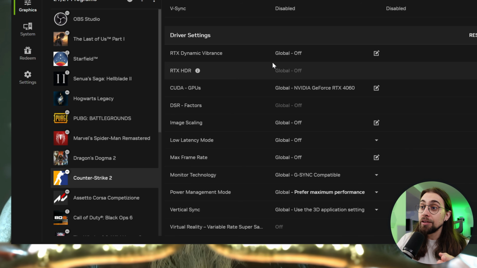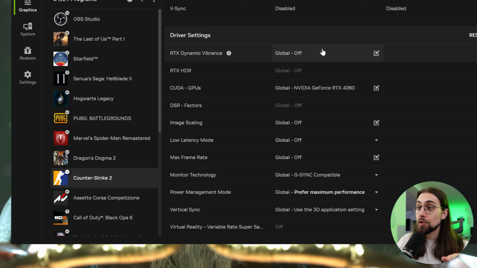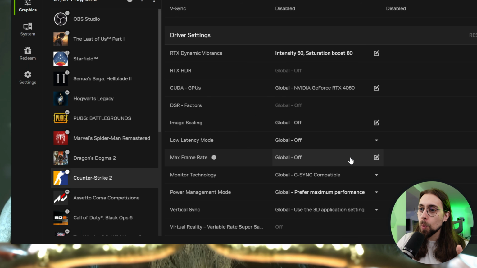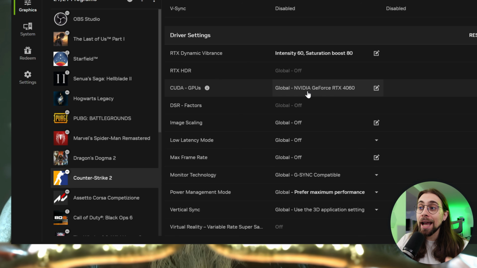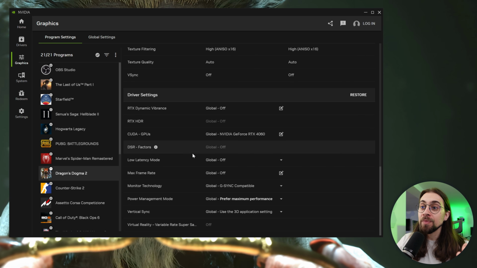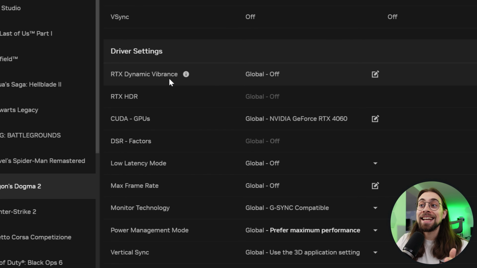Or let's say if you want to use RTX Dynamic Vibrance just for Counter-Strike 2, you can just go here, for example, enable the Dynamic Vibrance. Then you have the intensity and the saturation boost, like I told you before. Yes, it is a saturation and intensity, like sharpening and saturation. You can just press apply, and it will apply only to Counter-Strike 2. For example, if you go to Dragon's Dogma, yes, the RTX Dynamic Vibrance is disabled, and the same applies to